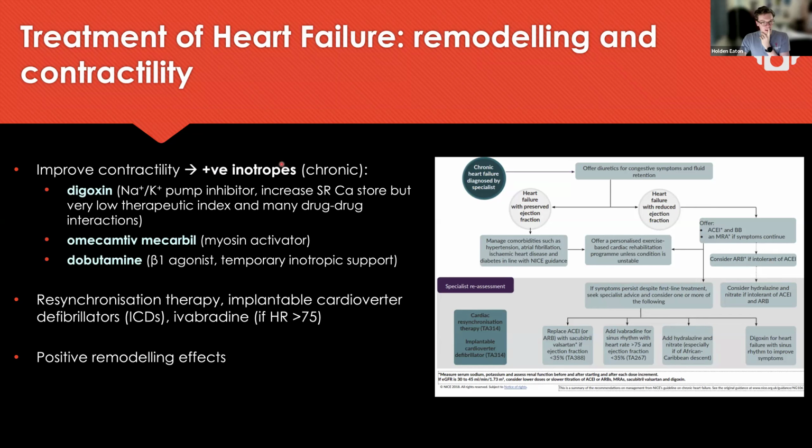So first, contractility. Inotropy, as we said at the beginning, is the force of each contraction. Drugs like digoxin, omecamtiv, and dobutamine basically mean that per contraction of the heart, for the exact same number of contractions, there is increased stroke volume. So the heart's able to extract more contractile force for a given amount of ATP. So they're really, really valuable drugs, and they really get to the core of the heart failure